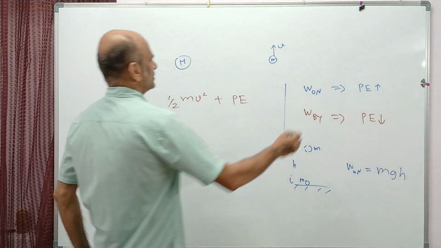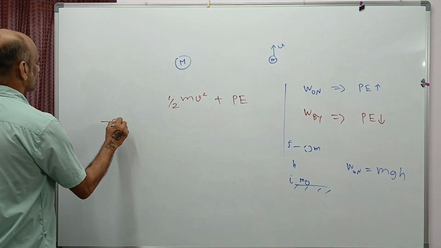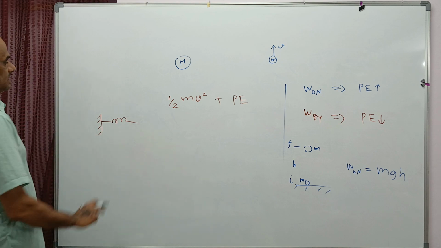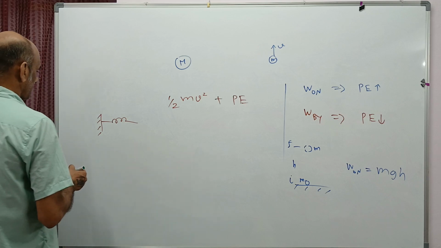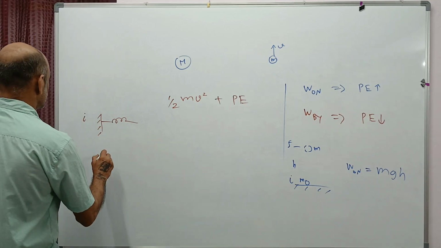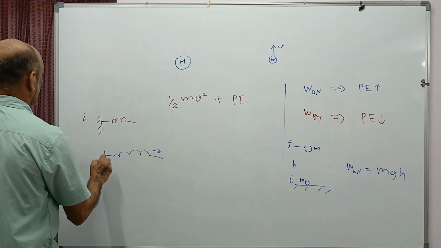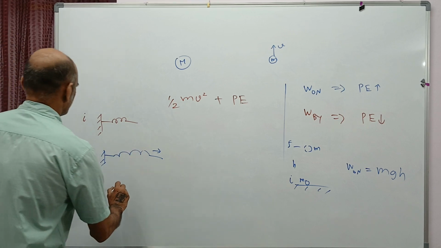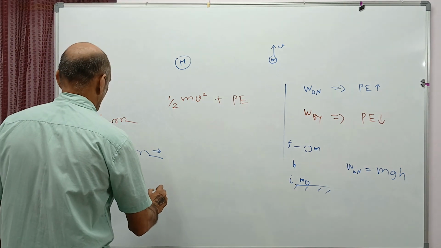Another example of work done on the system increasing the potential energy is, suppose I have a spring. One side is fixed. This is the initial state, a relaxed position. Now if I try to stretch this spring by applying a force, I have to do work on the system. This is the final state. So again, work is done on the system, which is integral f ds,